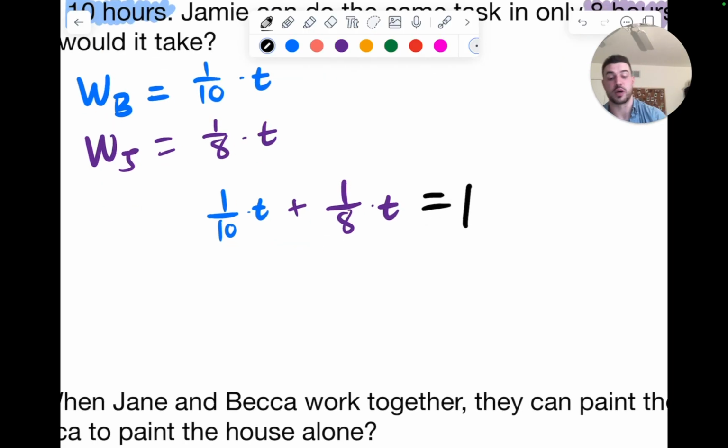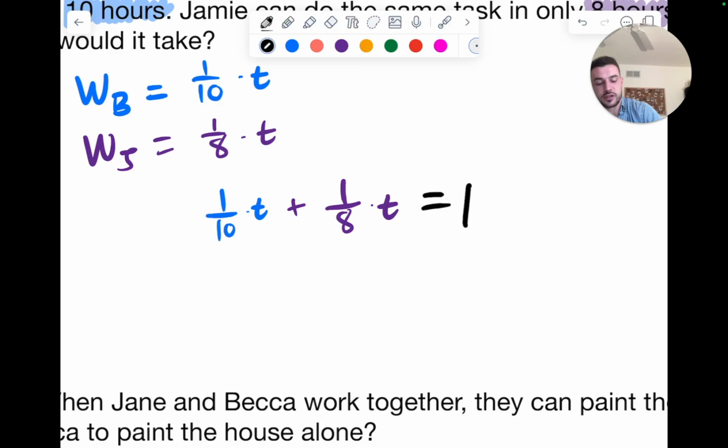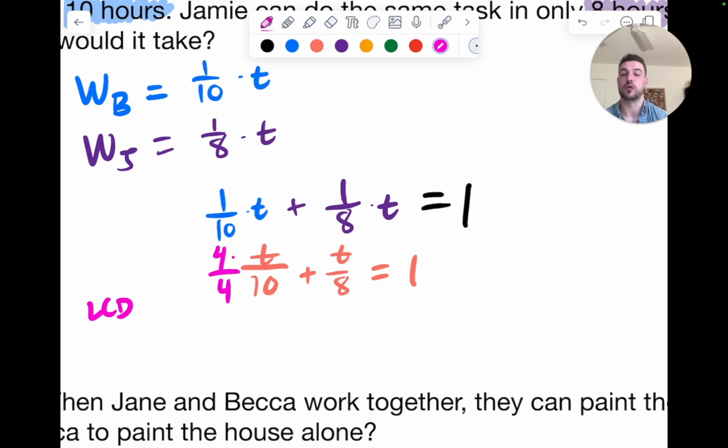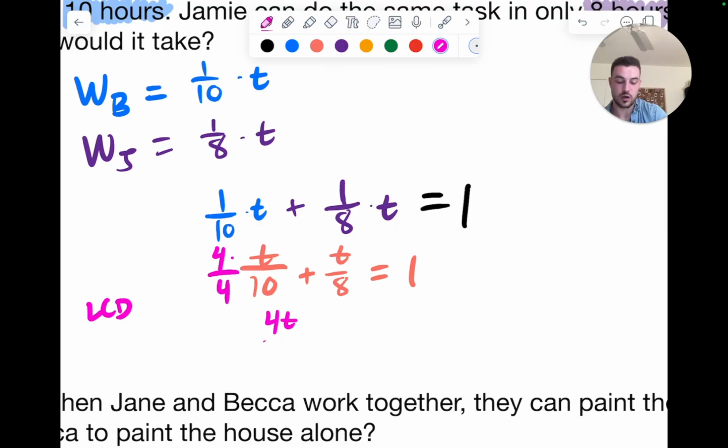So what we need to do is solve this equation. Since we are multiplying here, the t's are going to go into our numerator, and we'll end up with t/10 plus t/8 is equal to 1. Well, if I want to add these two values, their denominators need to be the same. So we need to think about the smallest value that both 10 and 8 multiply into, and that is our least common denominator, and that is going to be 40. So I multiply by 4/4 over here, because then we get 4t/40, and I'm going to multiply this side by 5/5, and we will get